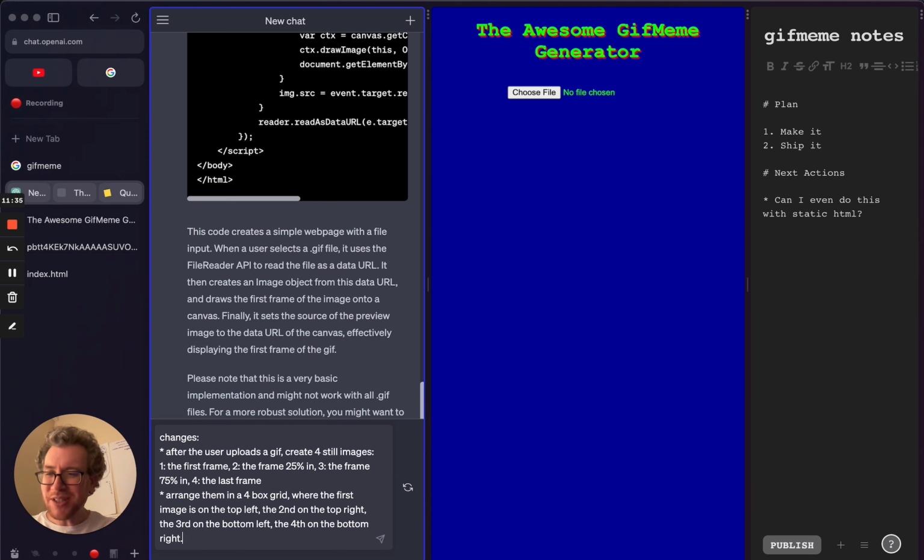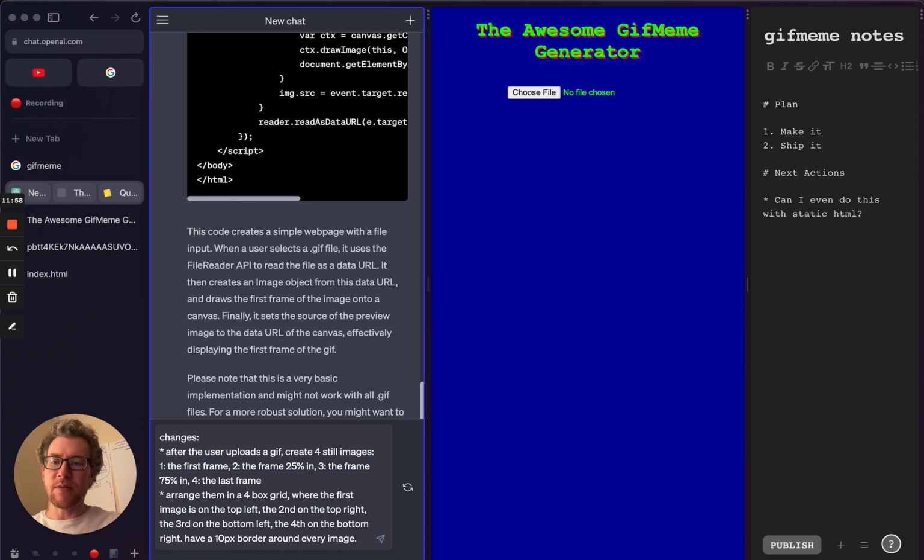And I might as well say that I want a border while I'm doing this. Let's say a 10 pixel border around every image. And I think we want white. Although, you know what would be fun? Instead of white, a completely random color.